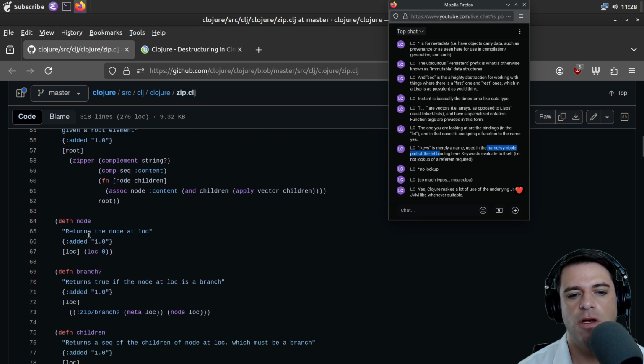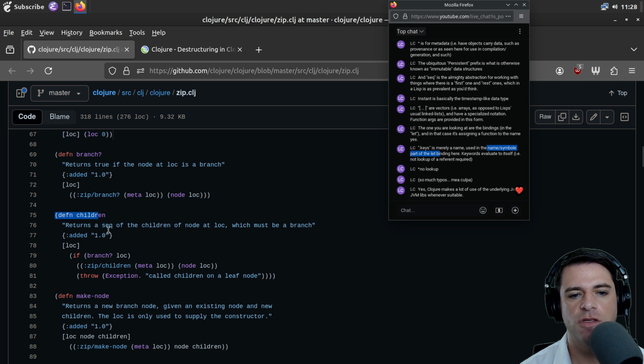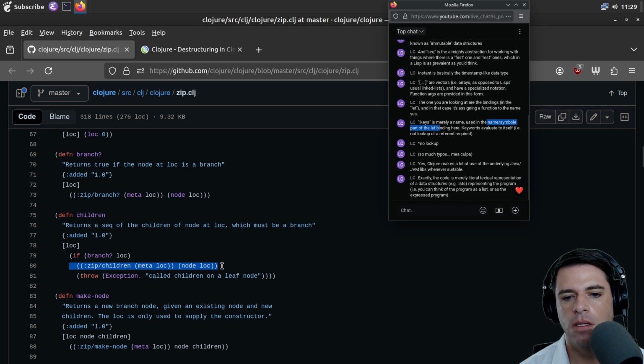Vector zip, XML zip. A node is just like, I guess, a location in the code. We have this children function, which you call on a location, and if branch question mark of the location, then if should be the true case and then the false case. So the false case, we throw an exception, it looks like. And in the true case, we call zip slash children. I guess slash is used here as a kind of namespacing thing.